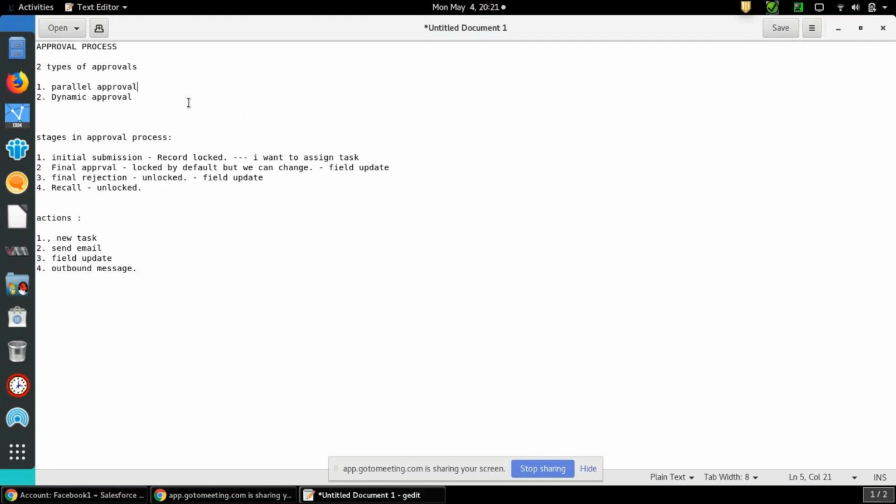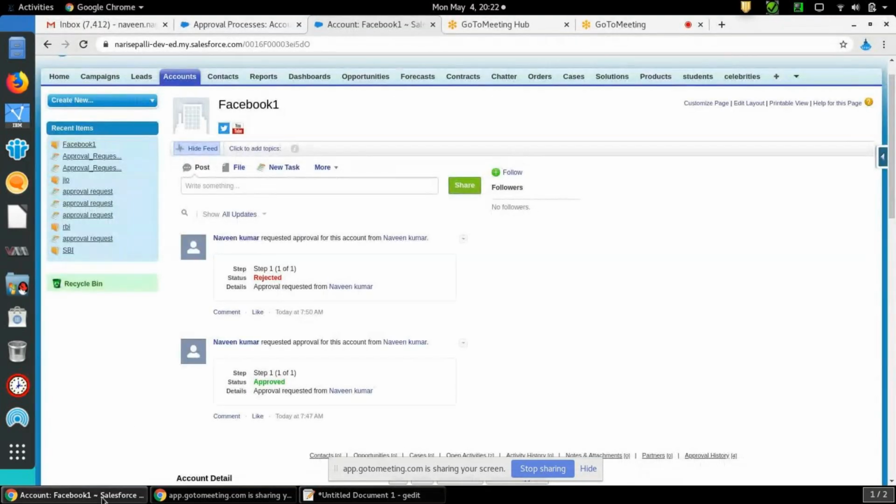Dynamic approval means if one person approves, it is fine. And there are four stages in the approval process: initial submission, final approval, final rejection, and recall. In recall also you can mention any action, like notify the approver saying a user has recalled, so don't proceed for approval. And we can perform all these actions. Okay, so this is the approval process detailed discussion.